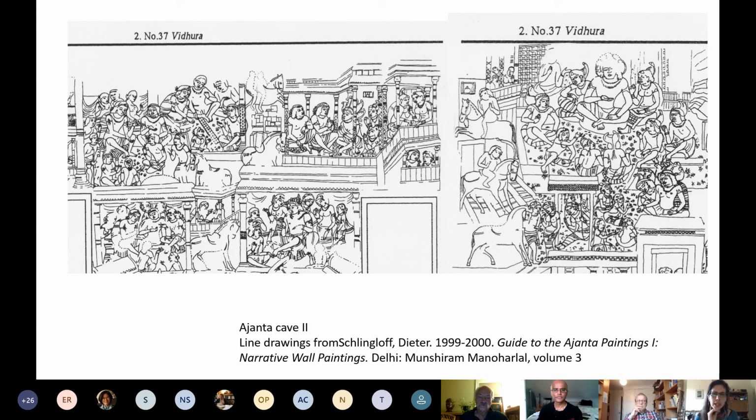Returning just to the Jataka database, I noted that this has been set up to try to account for these different examples of Jatakas in text and art. So one of the ways in which we approached this was to consider each story in text as its own entry and each story in art as its own entry. So we're not trying to take an idea of a story of which there are different versions and different depictions. We're considering them all as independent, but then when they appear to be related, we then put them into what